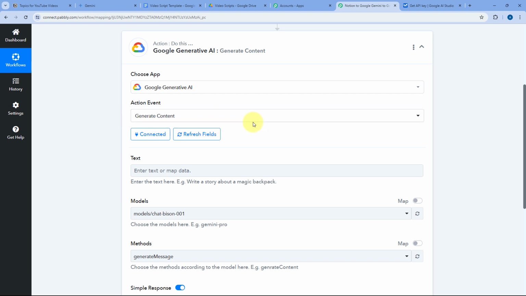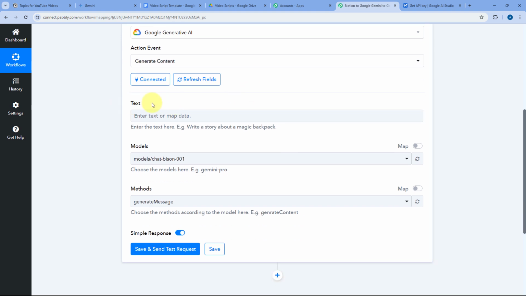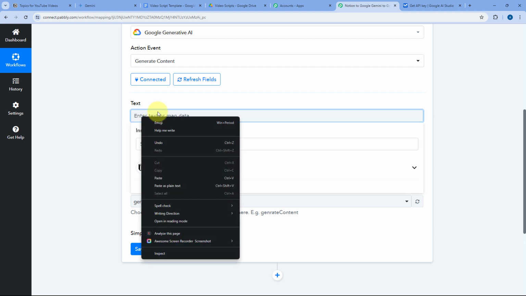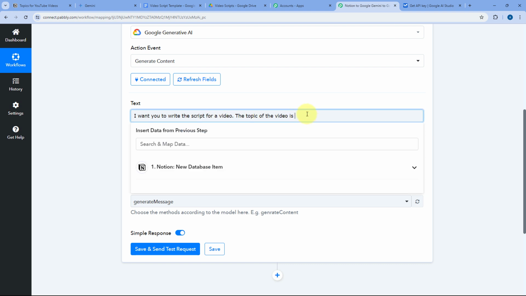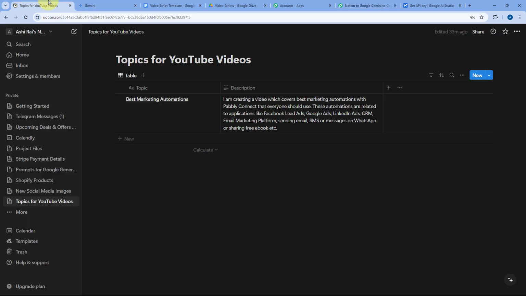After making this connection, the next thing it asks us is the text, that is, the actual prompt we want to give to Google Gemini to perform the action. So I've already written a prompt. Let me enter the prompt over here. So the prompt is, I want you to write the script for a video. The topic of the video is, and here we want to add the video topic which we have added in